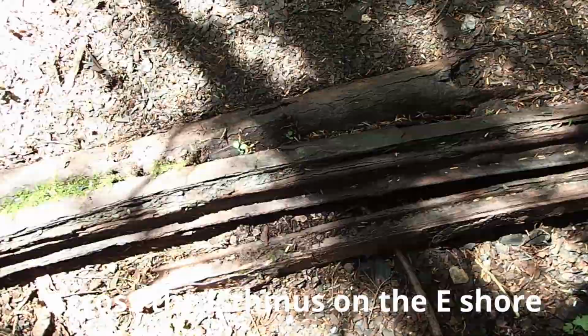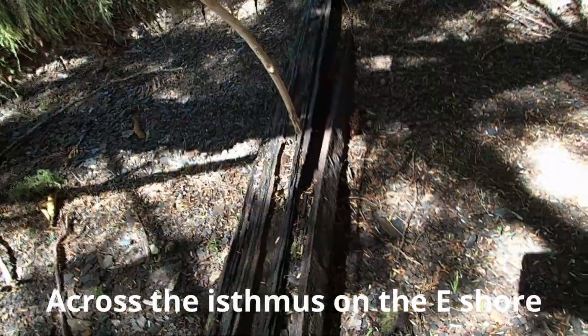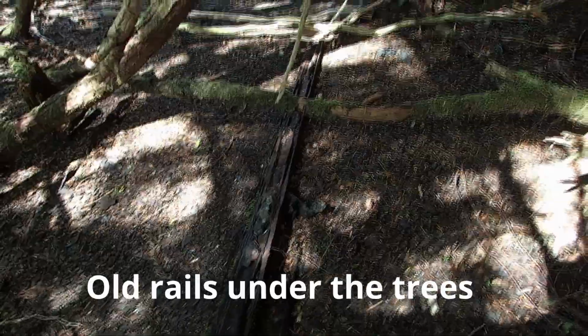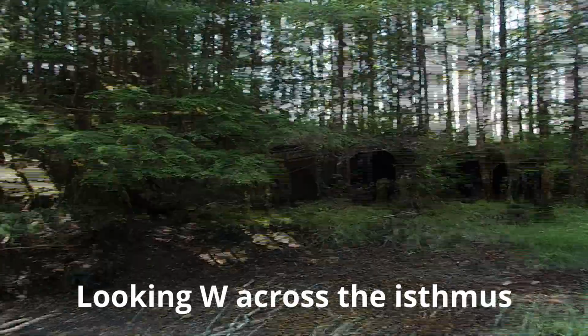Down near the high water mark. And to the, I believe, the south of the little waterfall. This is all I've found under the trees. Coming out to where the old boilers are, and this little kind of isthmus island